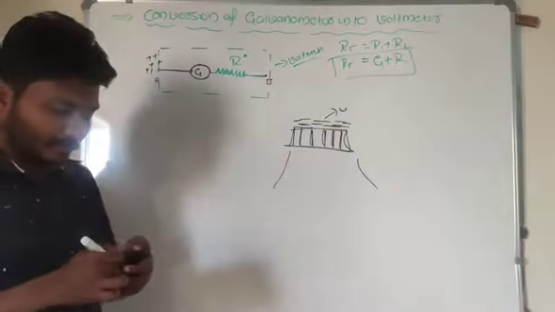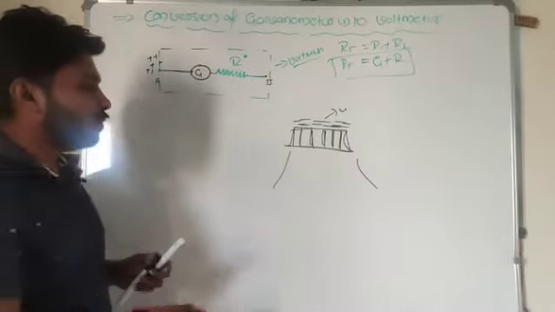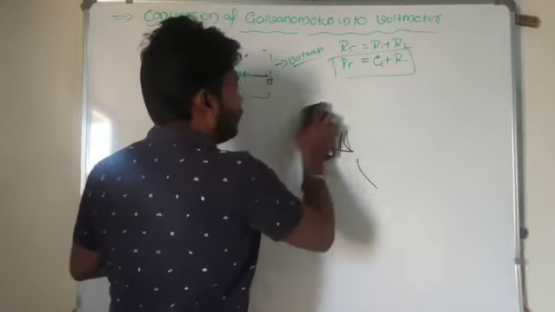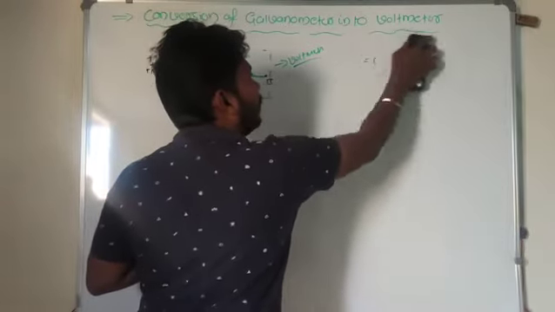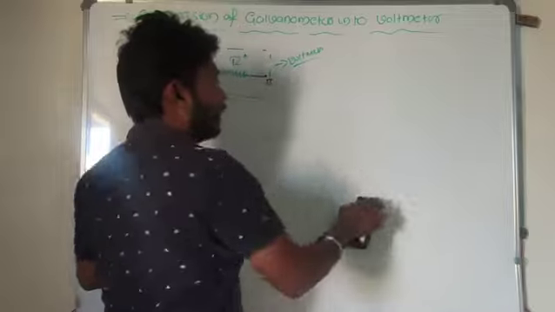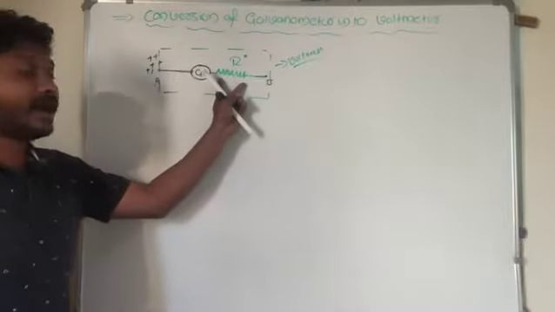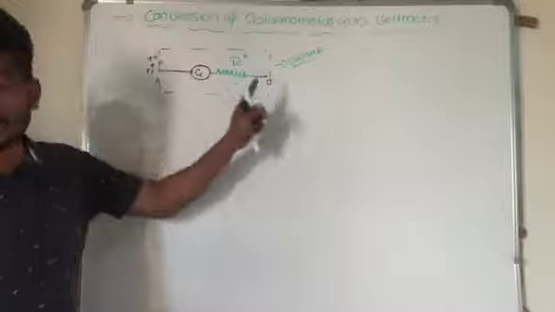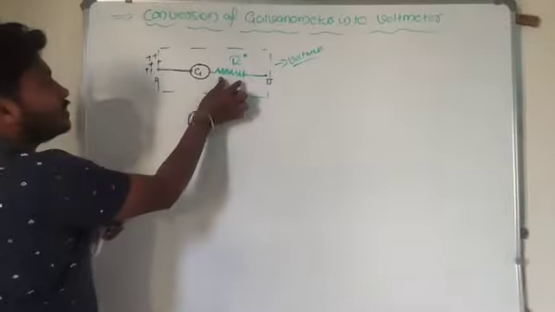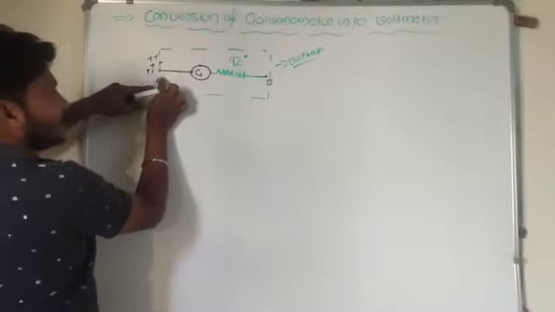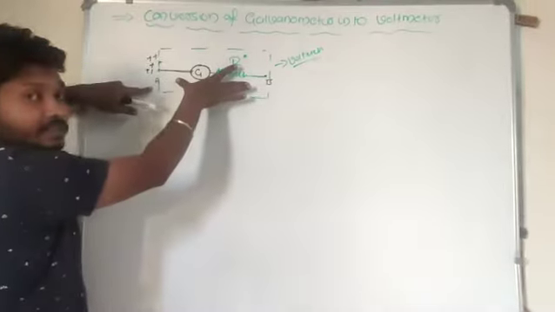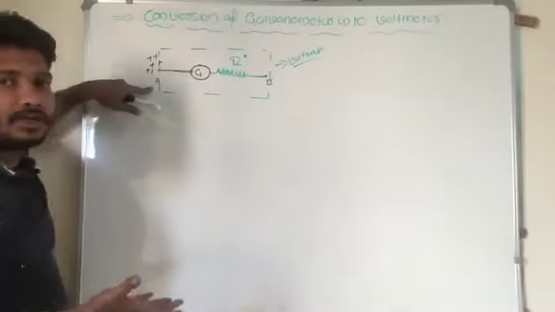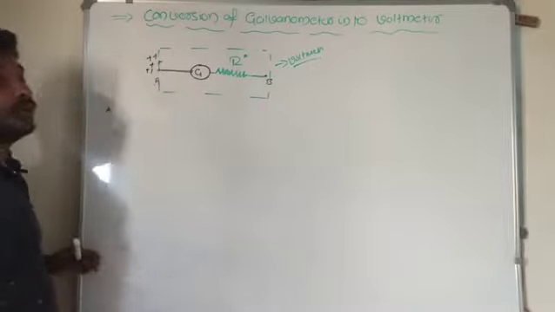Hope you get this point. So we are in the discussion of conversion of a galvanometer into a voltmeter. For this conversion, what do I have to do? I will connect a suitable high resistance in series to the galvanometer. If I connect a suitable high resistance here, current does not flow from A to B, since between A and B high resistance is present. If resistance is high, current will be low, from Ohm's law. So this is the way to convert a galvanometer into a voltmeter.